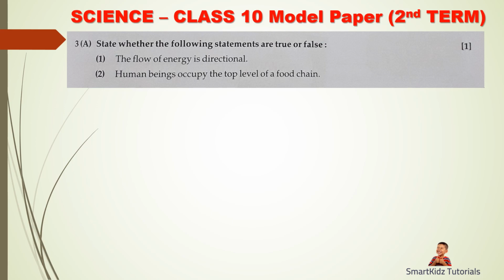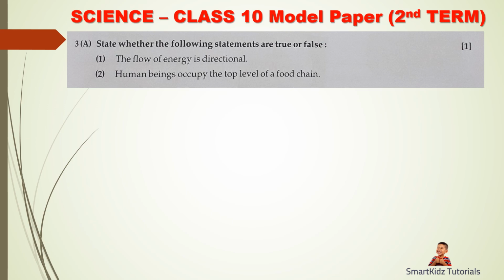This is the third and last set of questions in your science paper. This science paper has 3 main questions, and each main question has 10 marks allotted to it. So question number 1 has 10 marks, question number 2 has 10 marks, and question number 3 has 10 marks. A total of 30 marks for this question paper, and they are subdivided into 1 mark, then 2 marks, then 3 marks, and 4 marks.